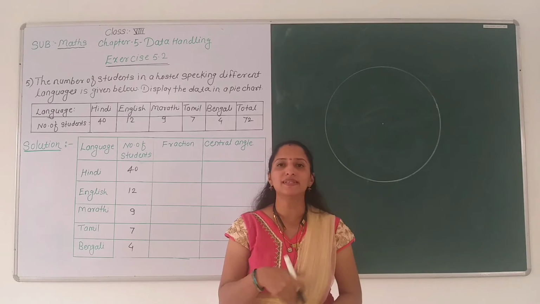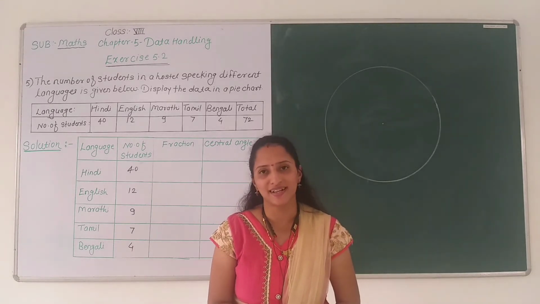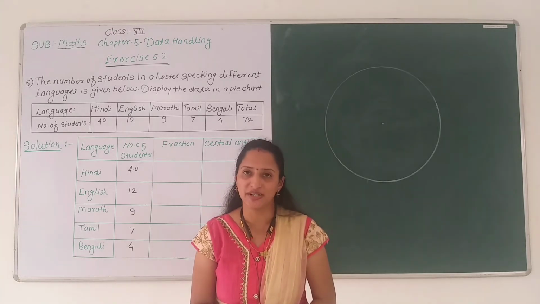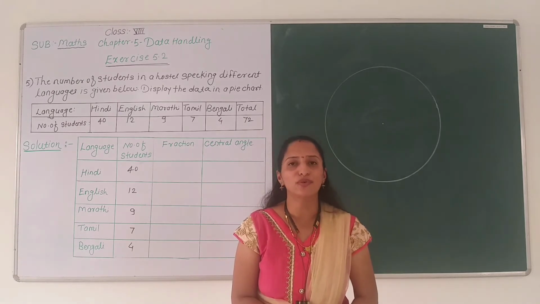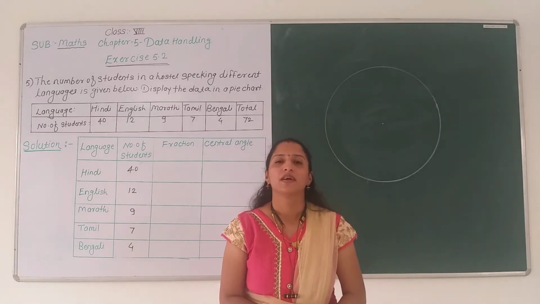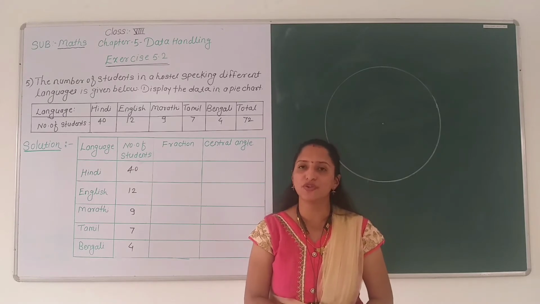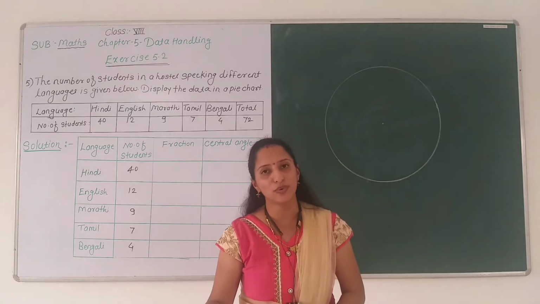Circle to represent the information, then this graph is called a circle graph. Another name of circle graph is a pie chart. So in today's session we are going to learn how to draw a pie chart. Now the circle graph shows the relationship between the part and the whole.